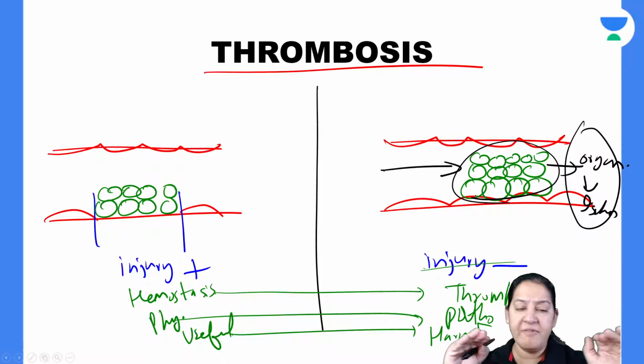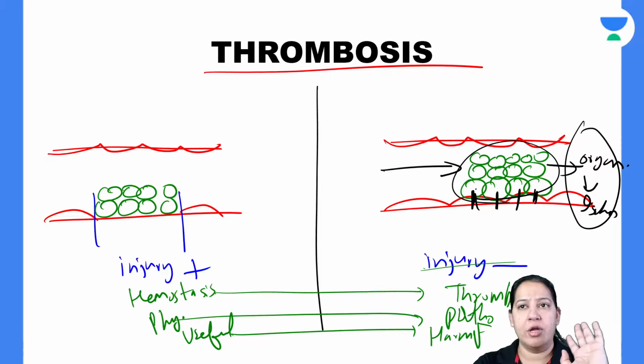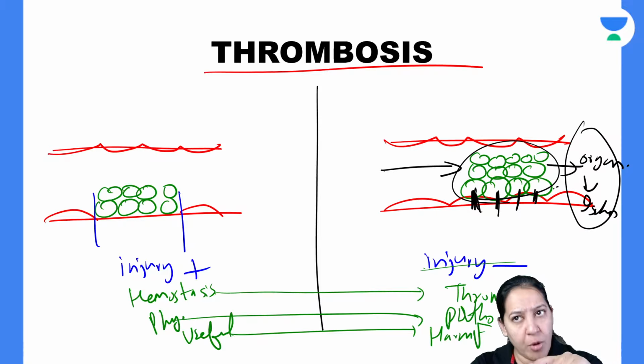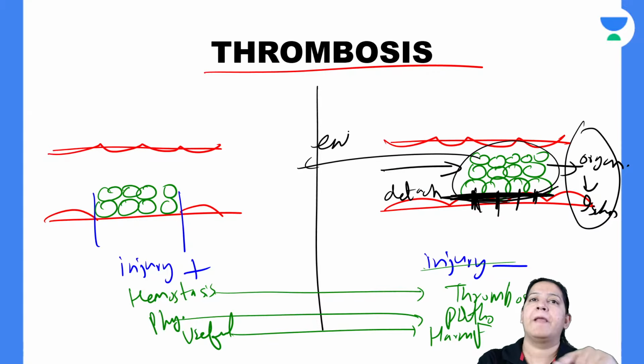Have you got it? Come one step further. So this is known as thrombus. It is attached to the blood vessel wall, which is uninjured. It is uninjured, so it is attached there. Once the thrombus gets detached, it breaks off from here, it gets detached. Once the thrombus gets detached, now it is known as embolism. It is known as embolism.